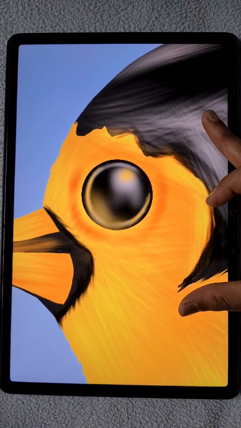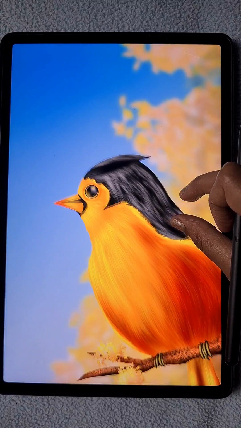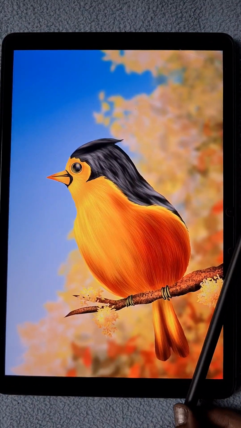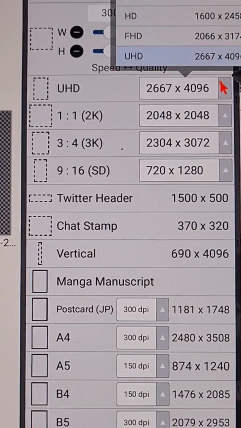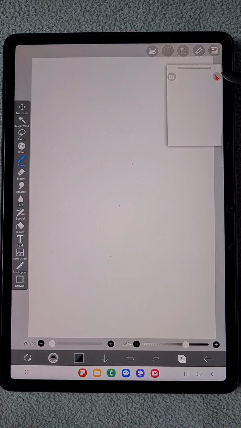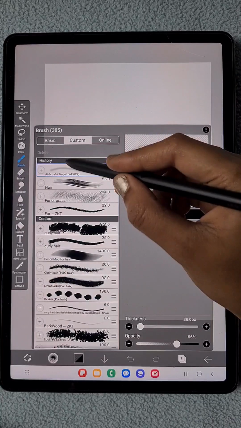Hello everyone, in this video I am going to show you how to create this bird illustration in the app Ibis Paint X. I will be giving step-by-step instruction, so don't skip the video anywhere. Let's get started. So I am opening an FHD canvas, and first I am going to draw the basic shape